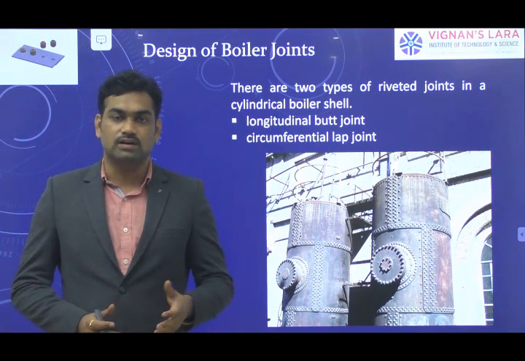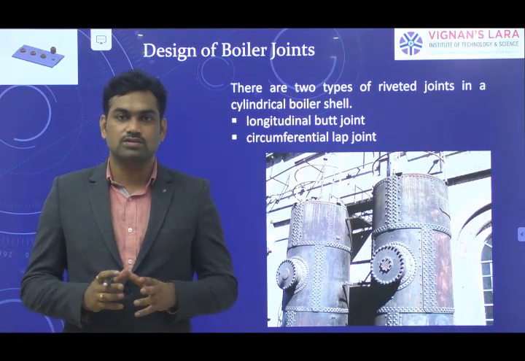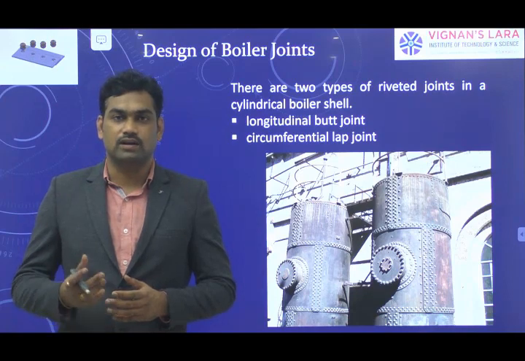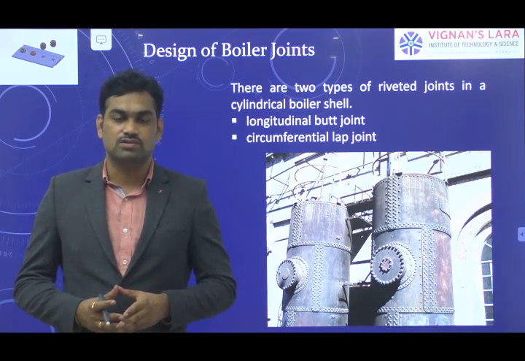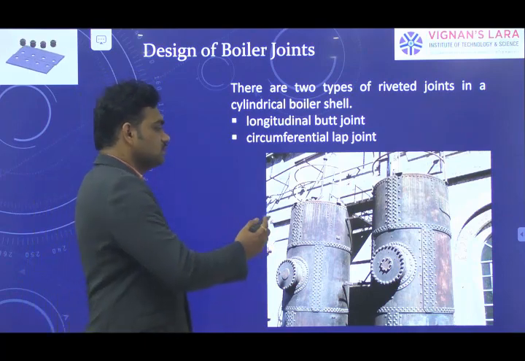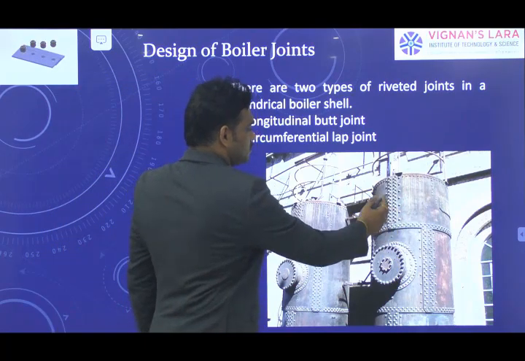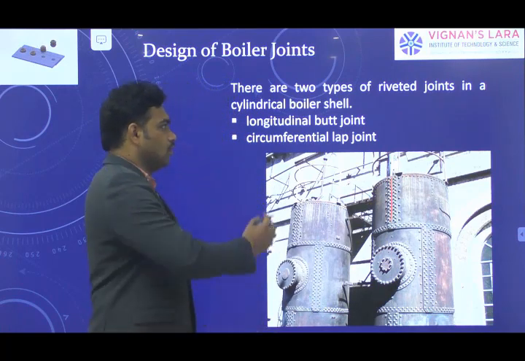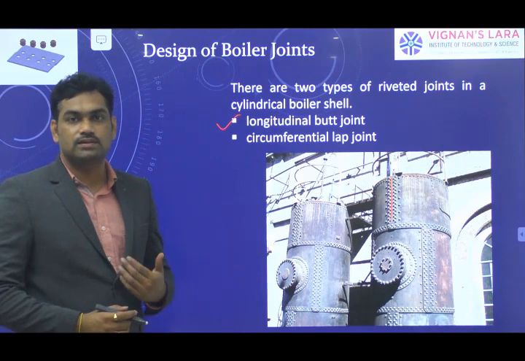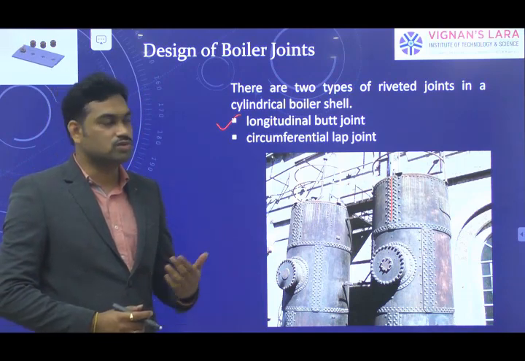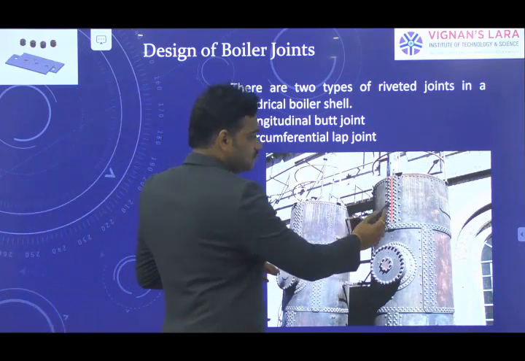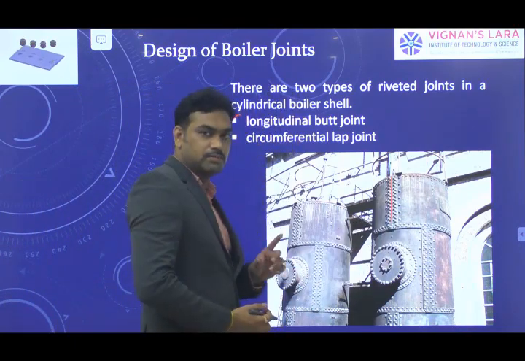First of all, going to the boiler joints, boilers are formed from thin sheets that are enclosed to form a cylindrical shape. Then we can join all these cylinders together to get the required length. For forming the thin sheets into circular rings, we use longitudinal joints, which are butt type of joints.